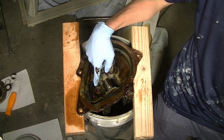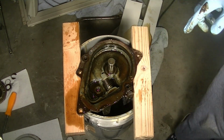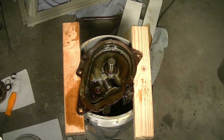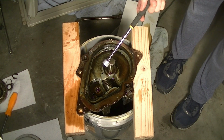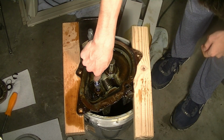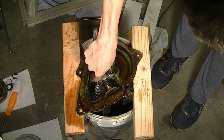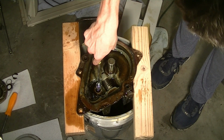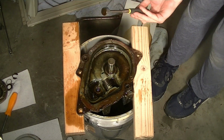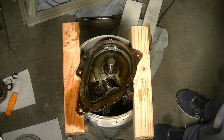Usually in these transmissions, there's a metal magnetic disc and a ball that you're supposed to pull out as well. Usually when they pull these transmissions apart, that's what they do anyway, I guess. And I have one of those tools. So this is the tool that I'm going to use, and normally it's a pickup tool or whatever, so if there is something in there, it might work, it may not. Actually, I'm not sure. I can't really tell. I don't think there is anything in there. I guess this one's old enough, before they started implementing those. But now, otherwise, all of the